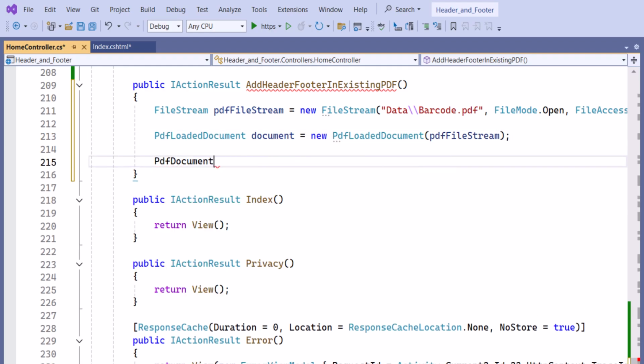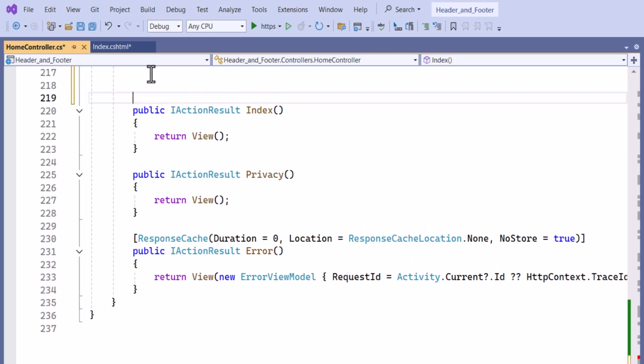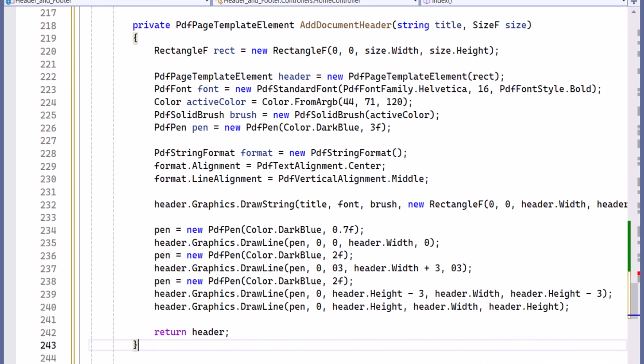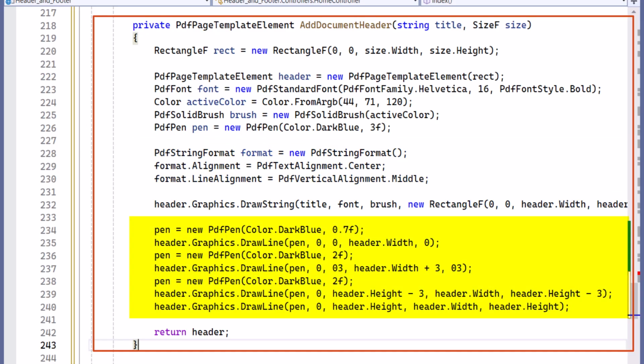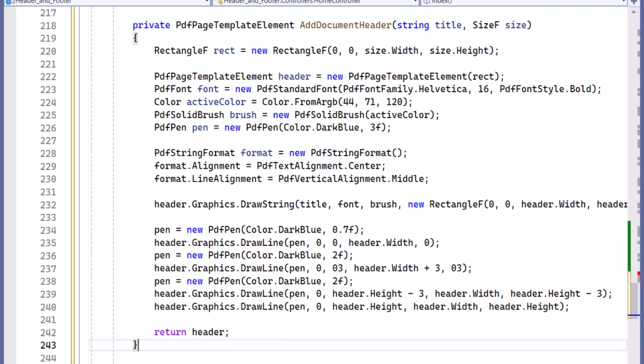Then, I create a new PdfDocument instance to apply the updated changes. Next, I define the AddDocumentHeader function to create a styled header. It sets the header size using a RectangleF and creates a PdfPageTemplateElement. The title is centered and drawn, and decorative horizontal lines are added at the top and bottom. Lastly, the completed header is returned